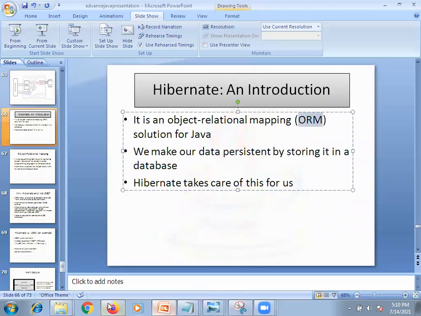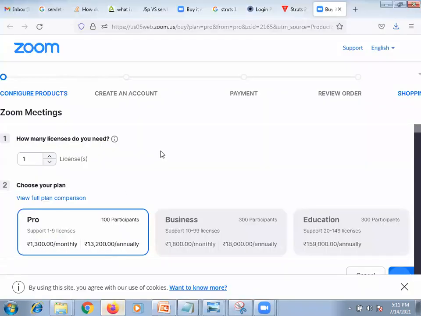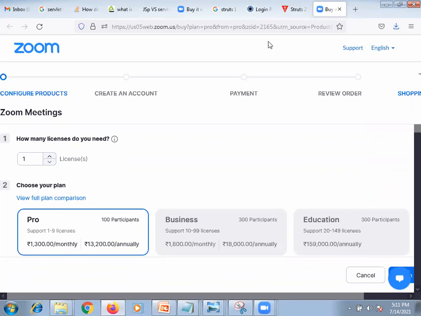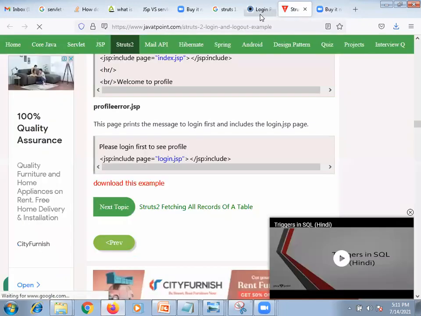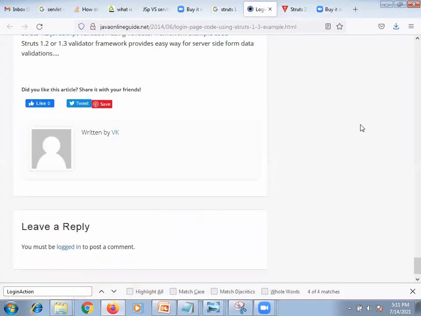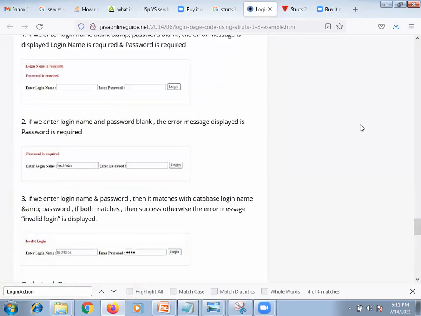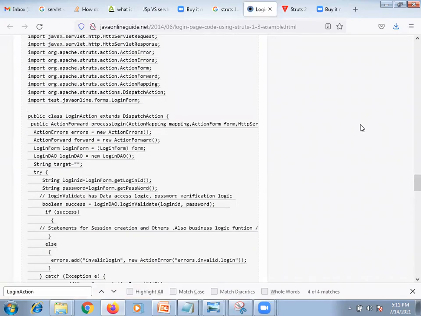So ORM means, you can see this example, the same example we are going to discuss. Where is it, not this one, I think, right? Yeah, here one DAO class is there, login.dao.